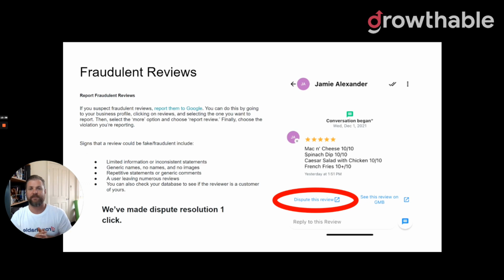Now, what happens if you get fraudulent reviews? Well, you need to report them to Google. These happen all the time. And you can do this through Google. You can go on your profile, click reviews, and so on. We've made it one click. And I've highlighted where that button is in our application, right? So you don't have to go out and navigate through Google My Business and a different profile every single time. Dispute this review, I should say. Click the button, you're done, right? One click. And that makes it super simple to make sure that all those fraudulent reviews aren't